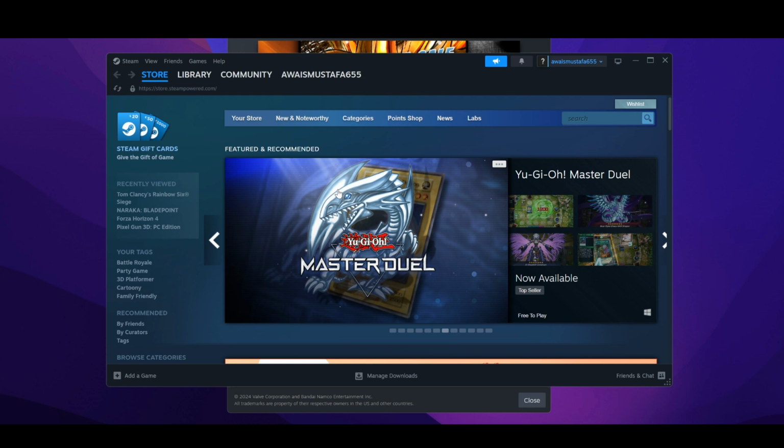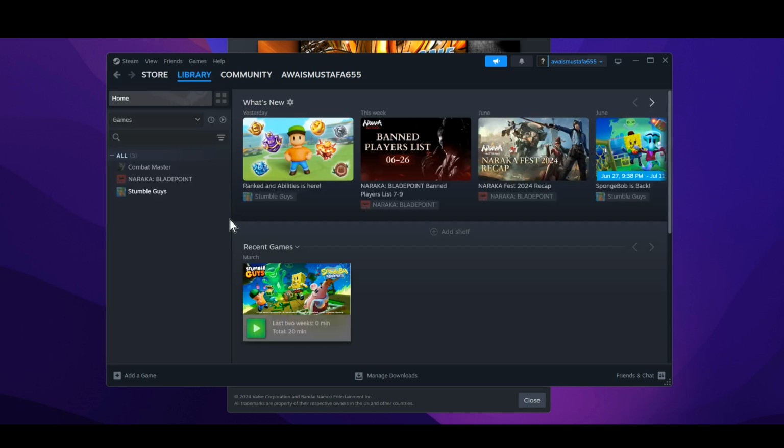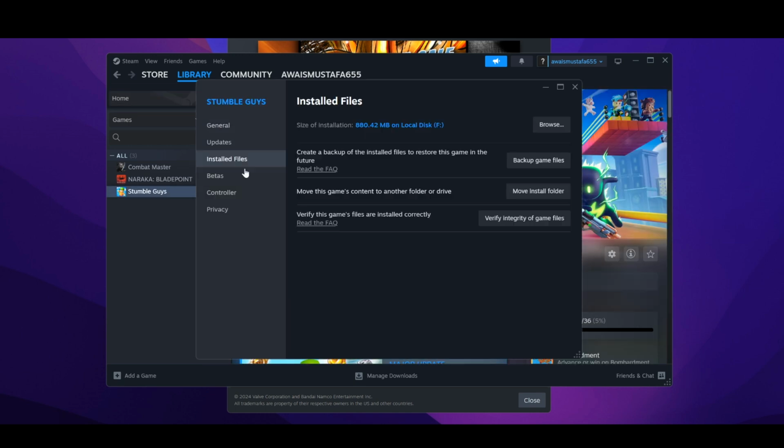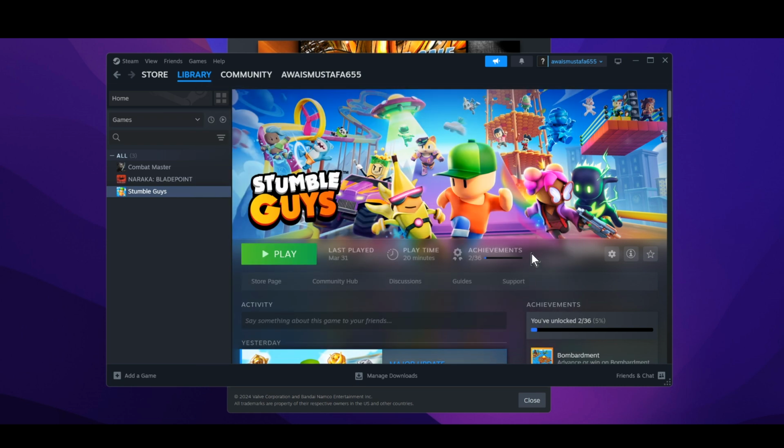Now once you have restarted your Steam, next step is open up your library and head over to the games. Now once you are in, you need to simply go for the properties and click on verify integrity of the game files. Now if it still doesn't work, you need to simply go for the uninstallation of your game, which